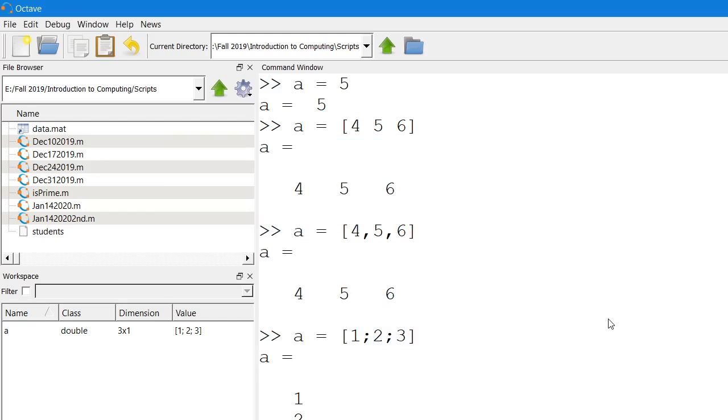So this is how you create a column vector and row vector. These are pretty simple, so we know these. Now, what we can do, what different we can learn here is that,